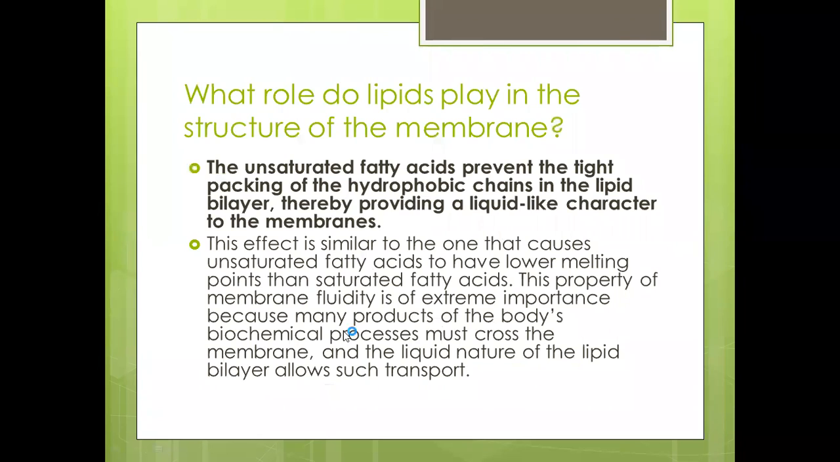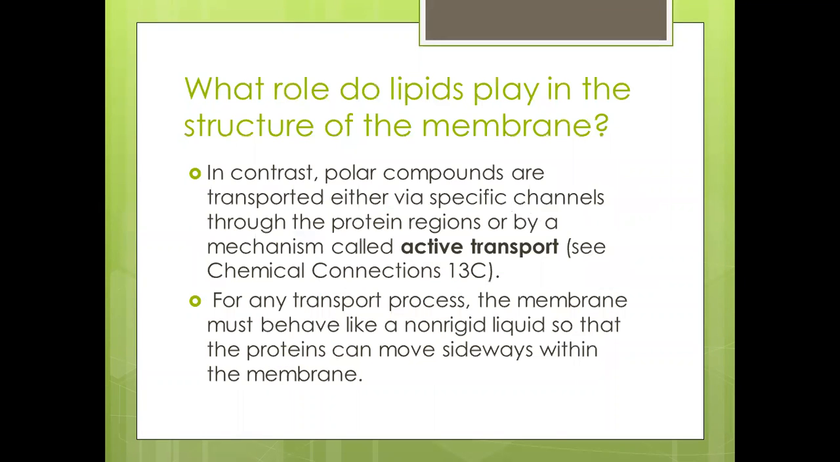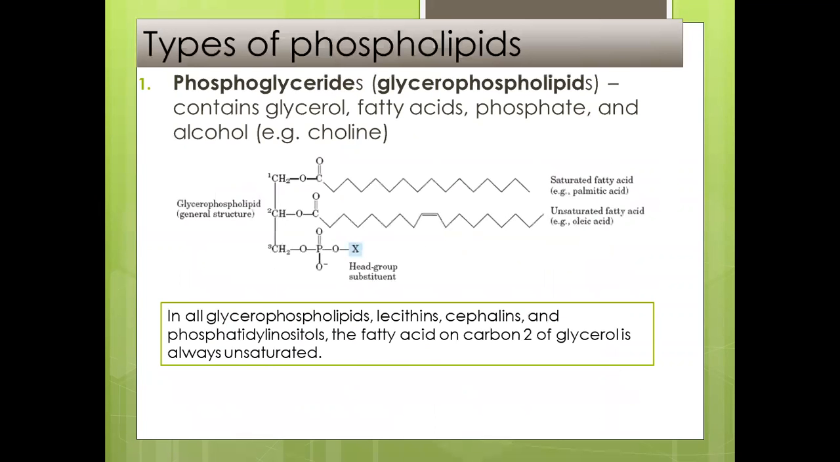It's actually basic. The unsaturated fatty acids prevent the tight packing of the hydrocarbon chain in the lipid barrier, thereby providing a liquid-like character to the membrane. Of course, there are hydrophobic interactions. That's why it will behave like a fluid substance. So there are types of phospholipids. So enough for the membranes. You know that some membranes are